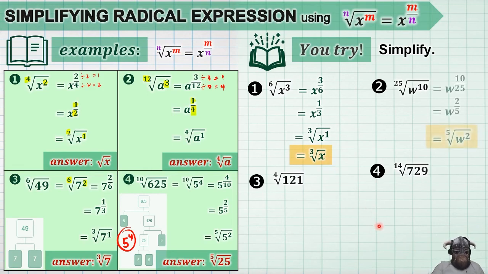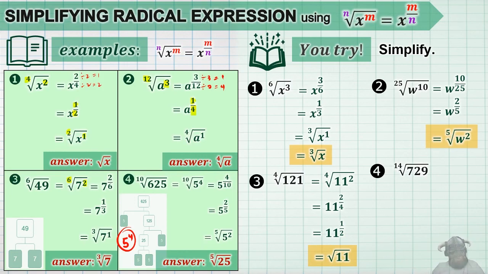Next, for number 2, the answer will be the fifth root of w squared. Next, for number 3, the answer is the square root of 11. And for number 4, the answer is the seventh root of 27. Now, you can take a screenshot of this one if nabilisan kayo dahil hindi ko na-explain yung solution and the answer for that one. Yan, tingnan nyo na lang kung saan kayo nagkamali at tingnan nyo kung saan natin tututukan kapag nagsagot kayo ulit ng ganitong